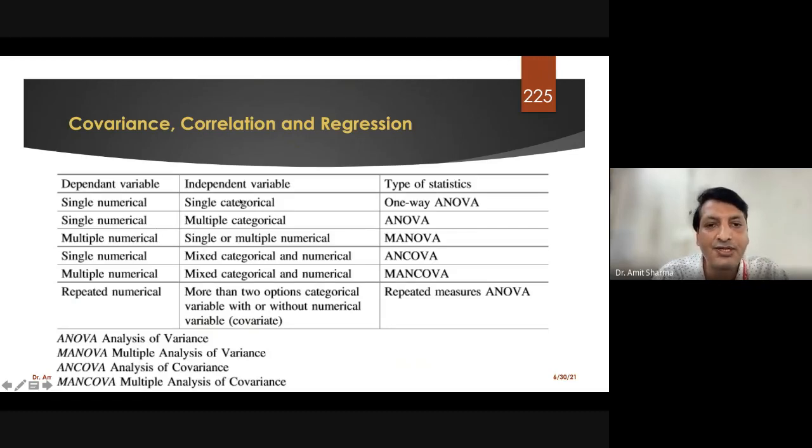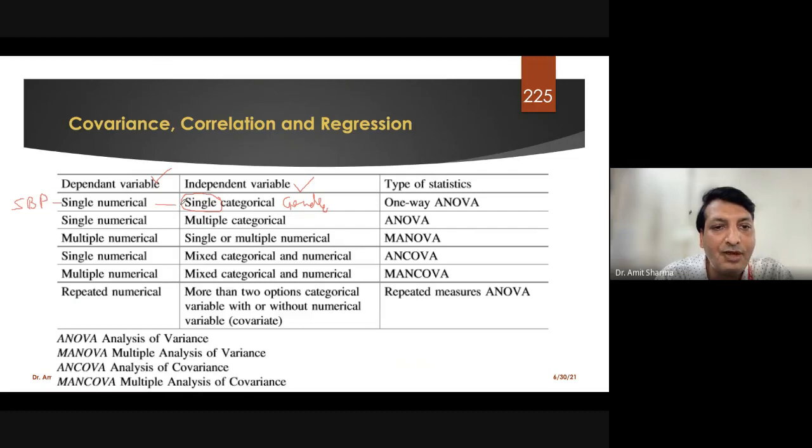This chart I showed you yesterday: the decision rule by which we can find out which is the best suited test for a research. For example, these are the independent variables in this column and here we have the dependent variable. Now you can see that we have only a single independent variable which is given in terms of category. For example, we have gender, and we want to find out the relationship of gender with systolic blood pressure, which is given in terms of a numeric variable.